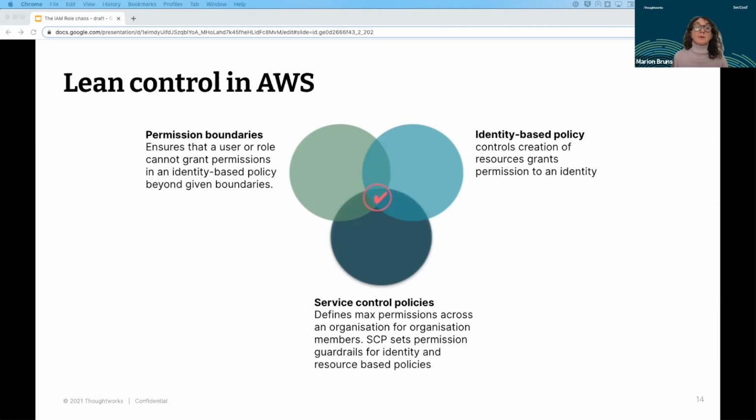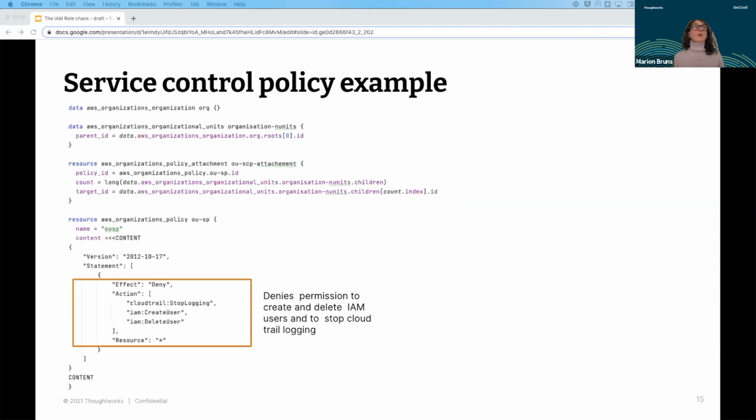So if you create SCPs, so service control policies, they can be inherited in that hierarchy and get applied to all the members in this hierarchy. One example for a service control policy is given here. This denies the permission to create and delete IAM users, and for instance, to stop CloudTrail. It's really a quite simple example.